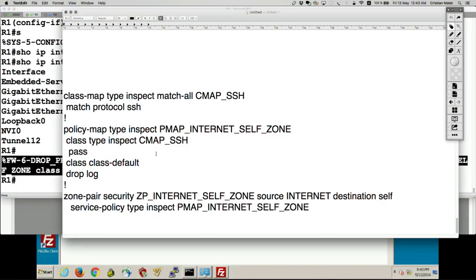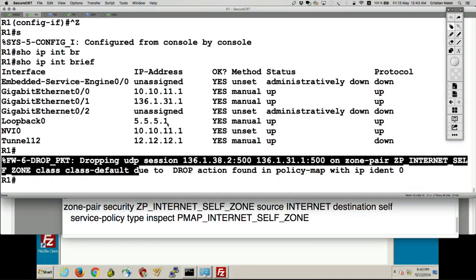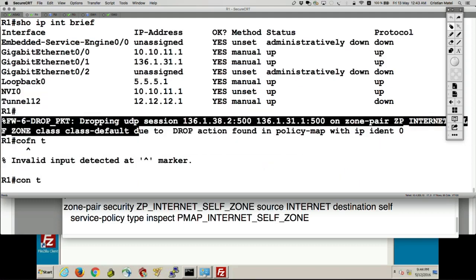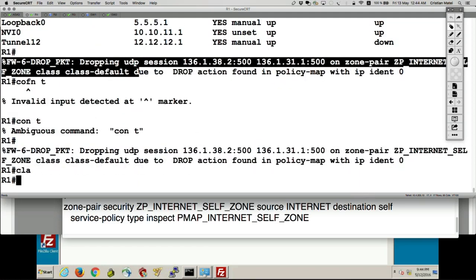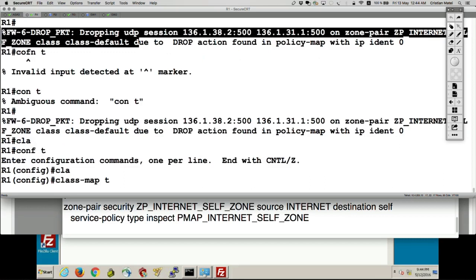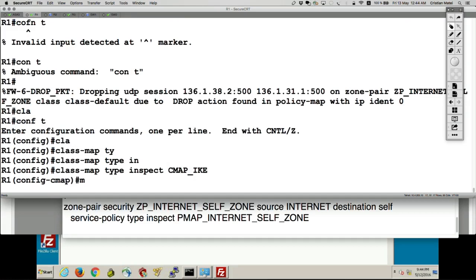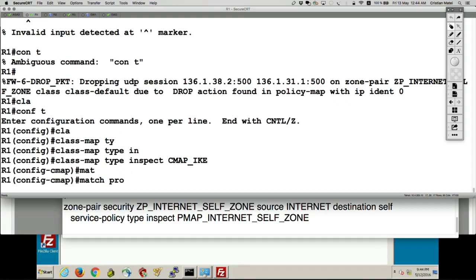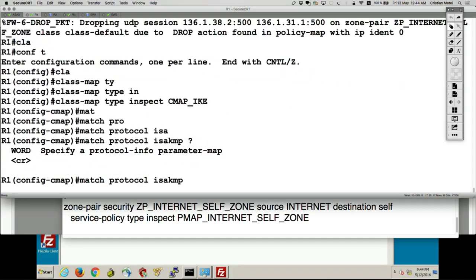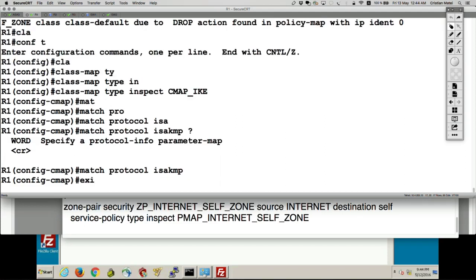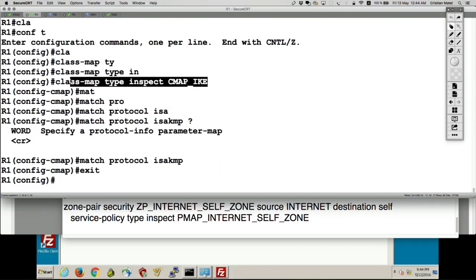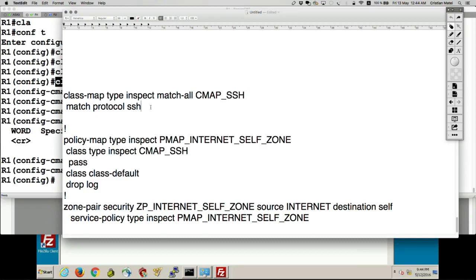So there we go. We also have to make sure that I build a new class map of type inspect, let's say cmap IKE, and match protocol, I'm not sure if it supports ISAKMP. Here we go. Exit. So I match on the IKE protocol, which is UDP 500.